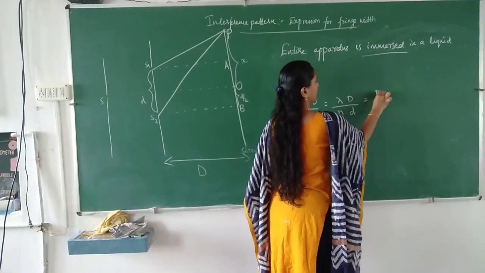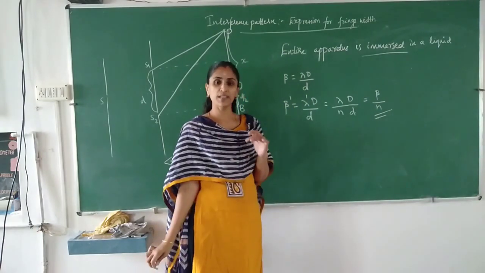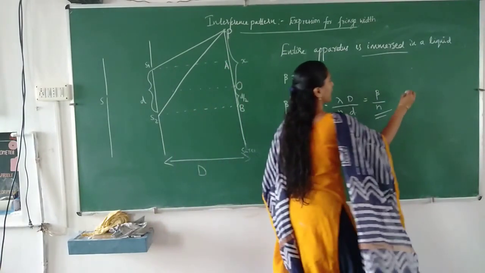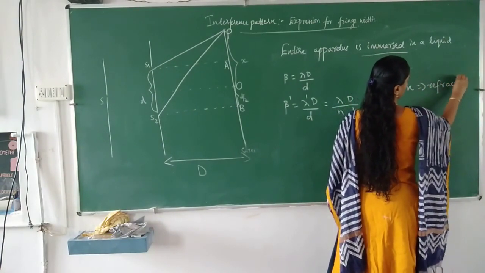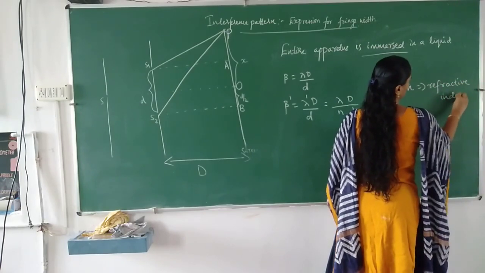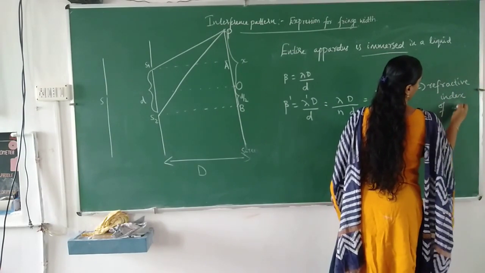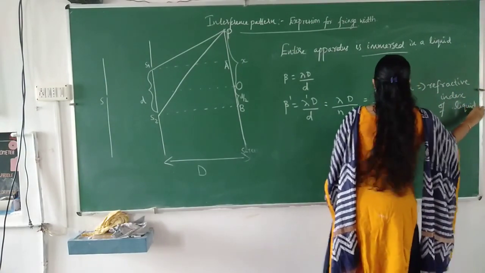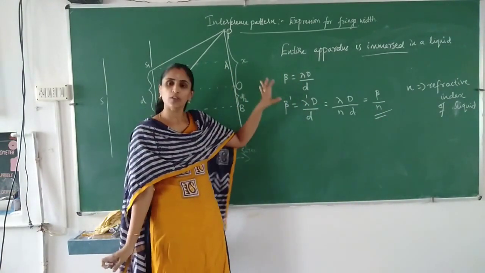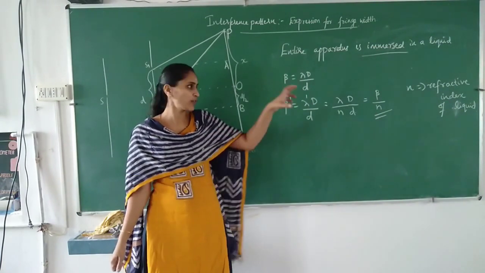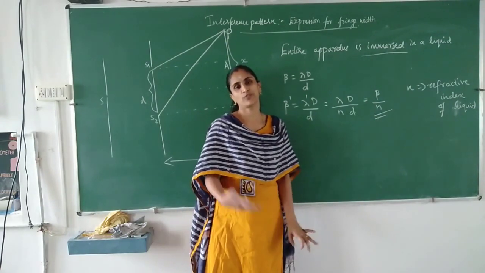Or we can write it as lambda D by d, the actual fringe width, divided by n, when it is immersed in a liquid, where n is the refractive index of the liquid. So you can see that the fringe width will be reduced by a factor of 1 by n. Okay. So depending on whichever medium it is immersed in, accordingly the fringe width will be varied by 1 by n times the actual fringe width of those fringes in